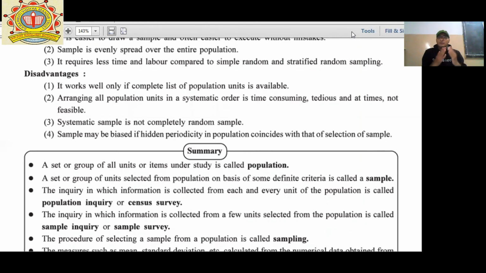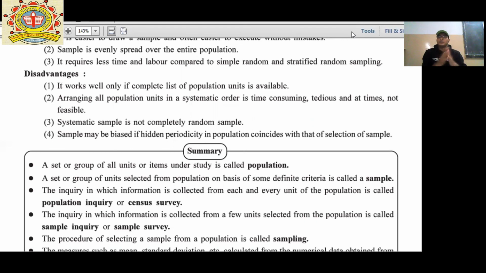Then after that we completed stratified, where we have to allocate into classifications of these homogeneous products, and each classification we call strata, along with advantages and disadvantages. The last one is systematic, where we have to arrange in sequence, either in alphabetical order, chronological order, or geographical order. Then after that, advantages as well as disadvantages.